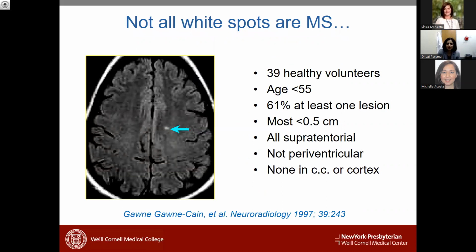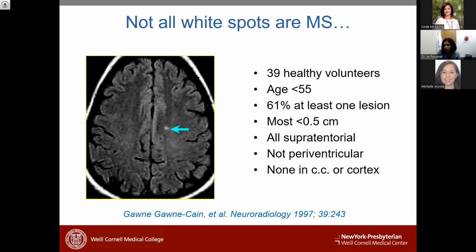Now, what about patients who have these changes on MRI but don't have MS, especially now that our threshold for getting an MRI has become very low. Often patients who have headache or were involved in a car accident or fell down, we want to make sure we're not missing anything, so we get an MRI very easily. So now we are going to be seeing more and more of this, patients who have these white spots, and then we are stuck with figuring out, is this MS or is it not?